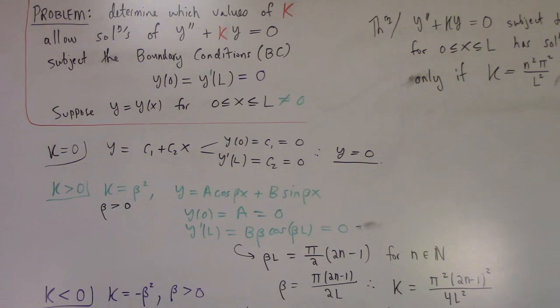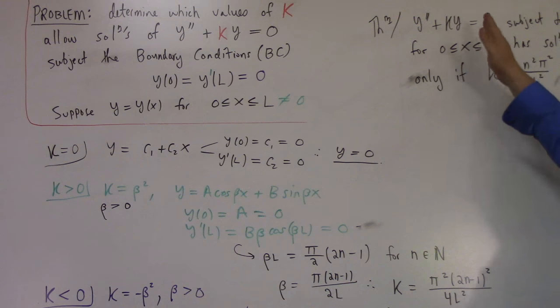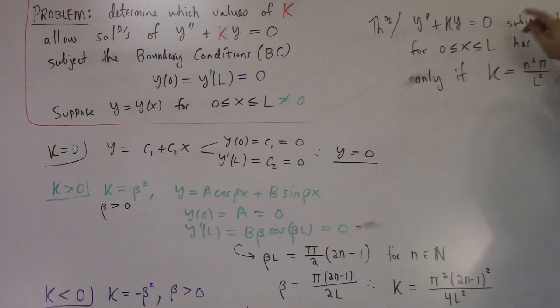Cosh is at its smallest at one. It looks kind of like x squared plus 1, except it's got exponential growth on both sides, right? But the cosh has no real zero. So the middle case is the only one that paid off, and our theorem is this: y prime prime plus k y equals 0, subject to y of 0 equal to y prime of L equal to 0,